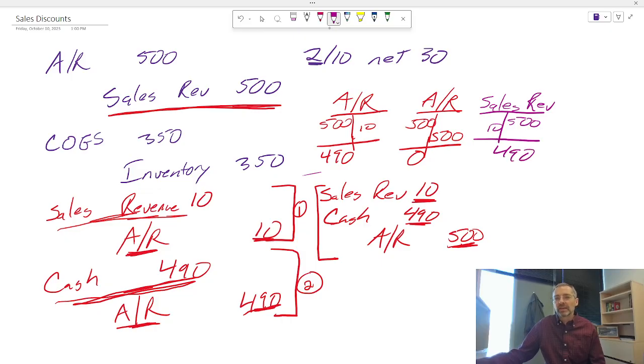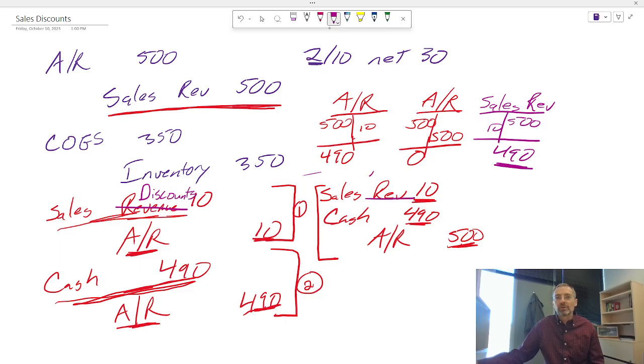I am not tracking the discount. So all that's going to show up on my financial statements is this 490. I actually have no idea how much the original price was and how much discounts customers took. And most people consider that an important thing to track. Most businesses, I should say, want to track the discounts that are being taken. So for most businesses, and for purposes of our homework, we are not going to use the sales revenue account directly. We instead are going to use sales discounts.